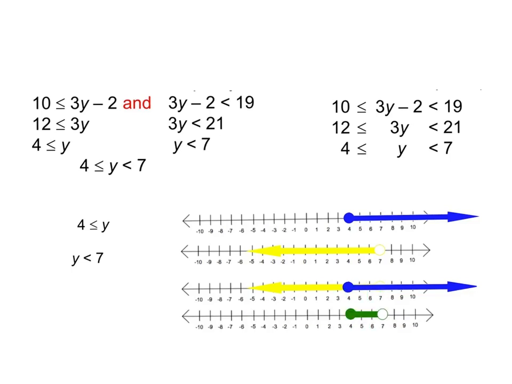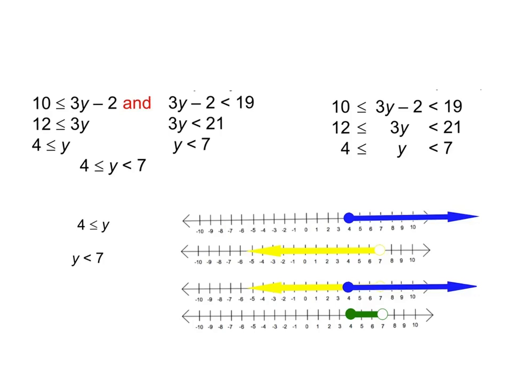See what I did there? Yellow and blue make green. Fantastic. Okay, so here's the reality. This final graph down here is my actual solution set graph. All the values that are greater than or equal to 4 and are also less than 7 fall right in here. Now, when you're graphing in Notability,